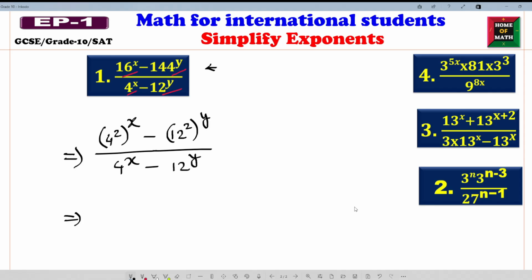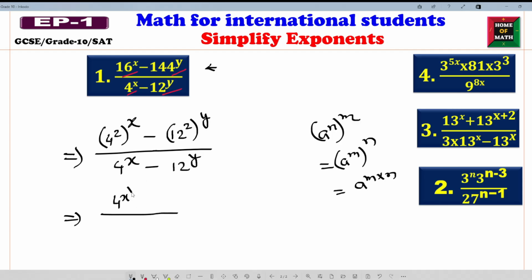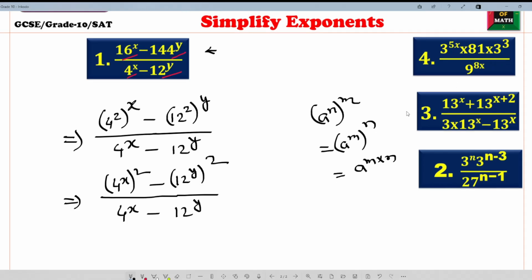We know about this thing: a to the power n to the power m, we can write as a to the power m to the power n, or we can write a to the power m times n. Everything is possible. So this one we can write like this: 4 to the power x, all squared, minus 12 to the power y, all squared, right? Then here is 4 to the power x minus 12 to the power y. Now look,